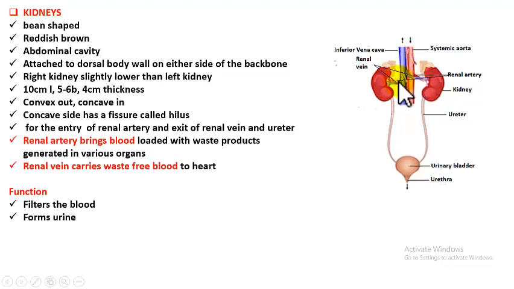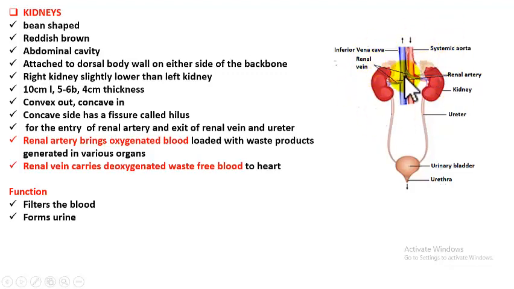So the blood vessels that enter the kidneys are called renal arteries. Renal arteries are the branches of the systemic aorta. You know, right? The systemic aorta arises from the left ventricle, and that is the blood vessel which is bringing oxygenated blood to all the parts, right? So that blood vessel, after reaching the kidney region, branches out to form renal arteries. One renal artery enters the right kidney and the other the left kidney. So these two renal arteries, the red ones, are bringing what? Oxygenated blood loaded with waste materials.